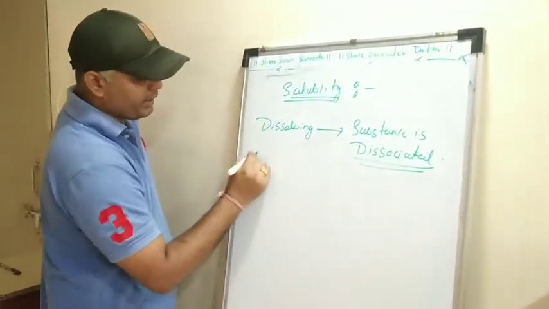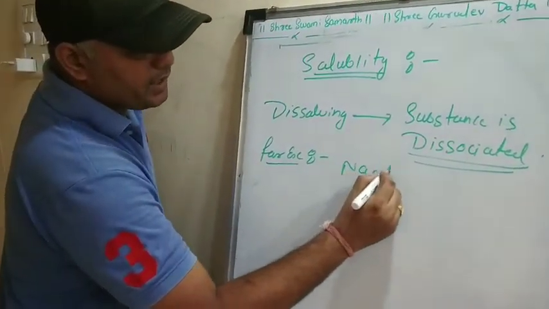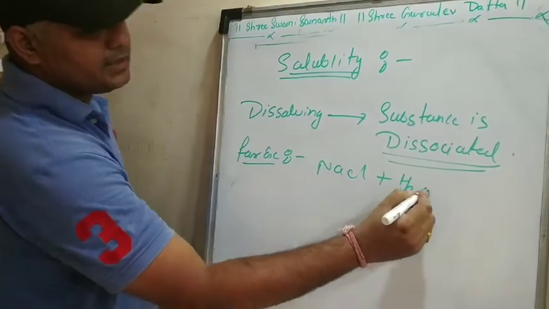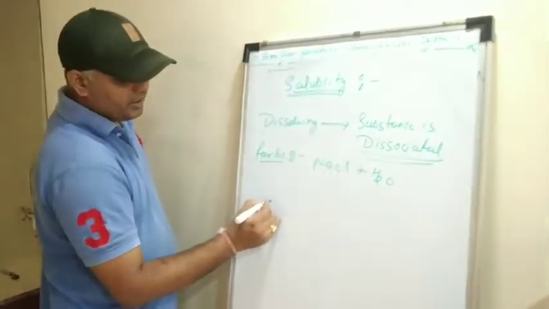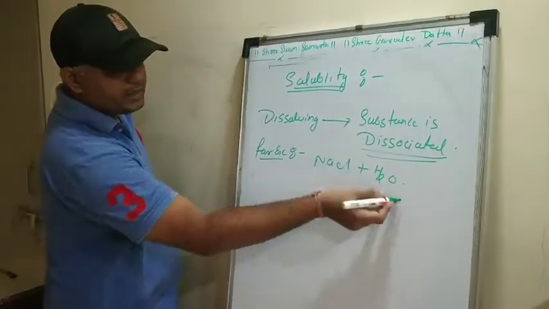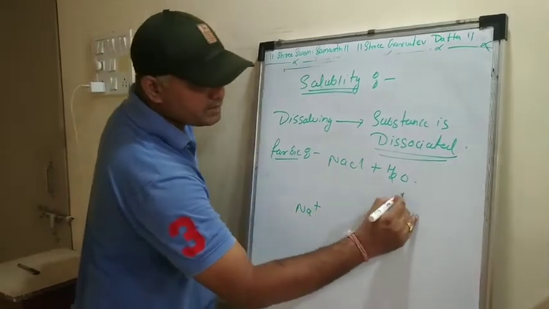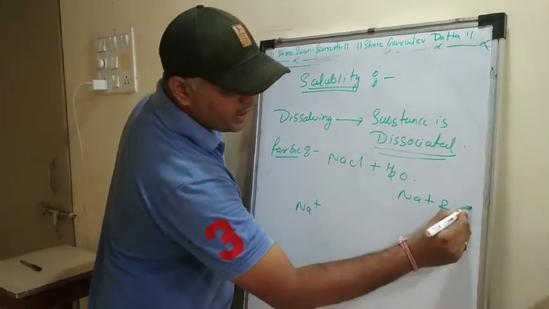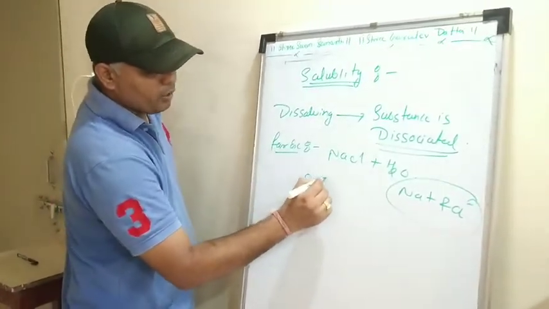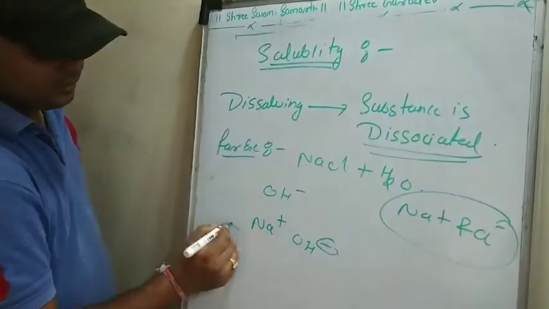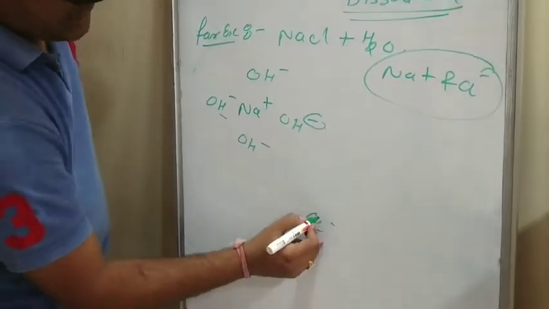For example, we can take NaCl plus H2O. See, NaCl is a solid, H2O is a liquid. Now in this particular case, when you add NaCl to H2O, what will happen? It will get dissociated into Na+ and Cl-, right? So the Na+ will be surrounded by the OH- ion, and Cl- will be surrounded by